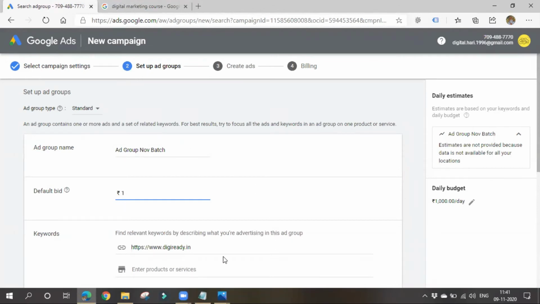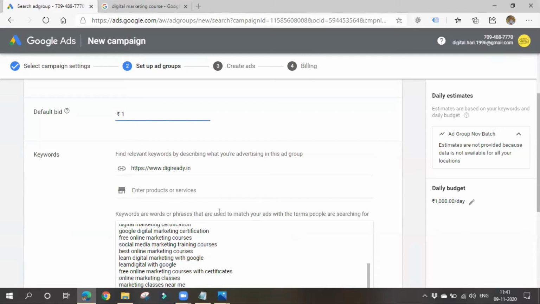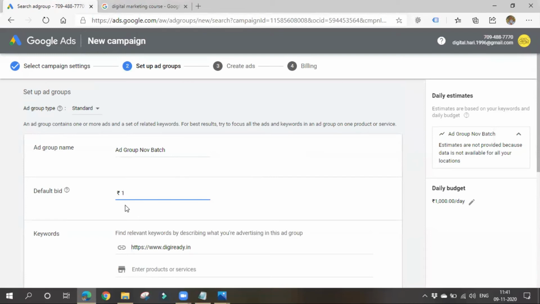Okay, please run your ads once. After you run your ads, go to Google and check your position. If your ad is getting displayed, then check in which position you are coming. If your ad is not getting displayed, come here and increase your bid amount. You can edit your campaigns, you can edit your ad group settings and all, don't worry. Try this for 2 to 3 days so that you'll get an idea. So you will not be losing your money also.